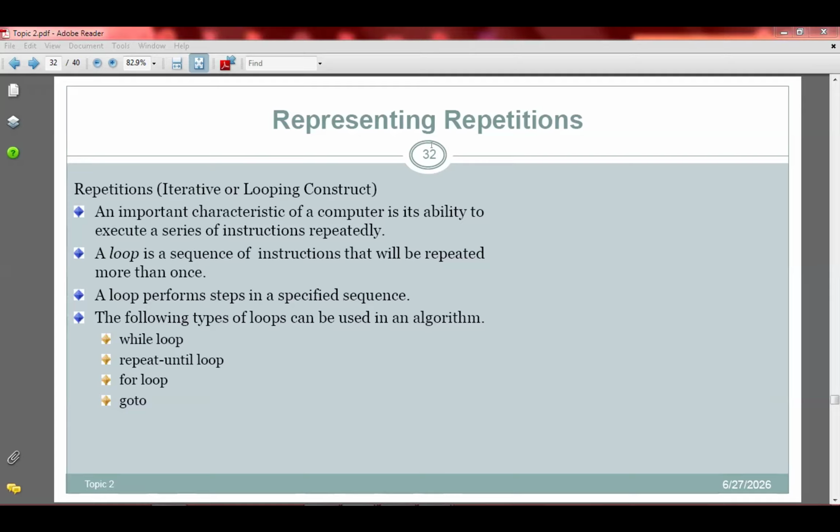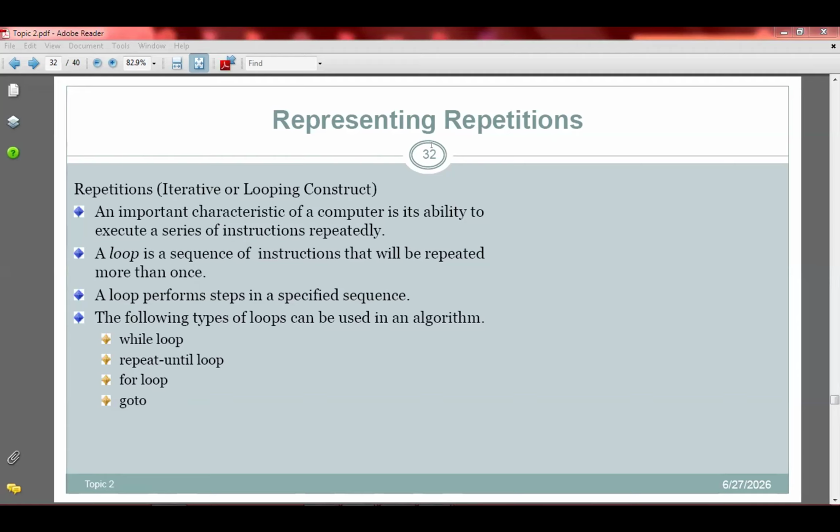Now, when we come to repeating, we have different types of repeating. We have what you call the while loop or the while repeating. We use the keyword while. And then we have the repeat until loop. And then we have the for loop. And then we have the go to loop.